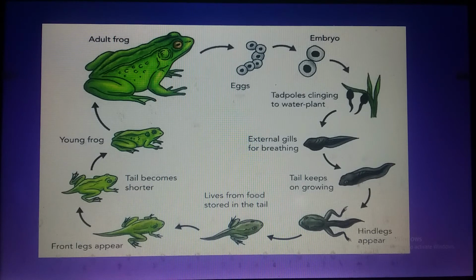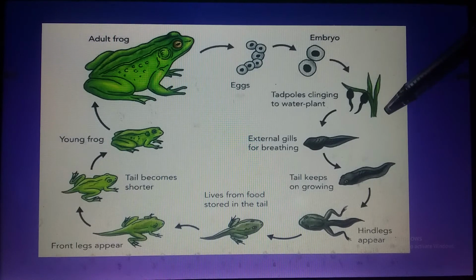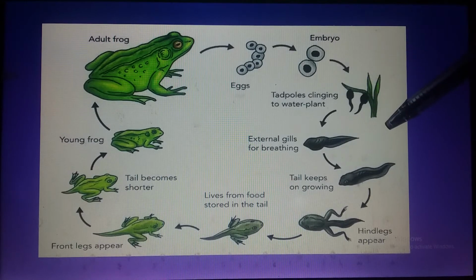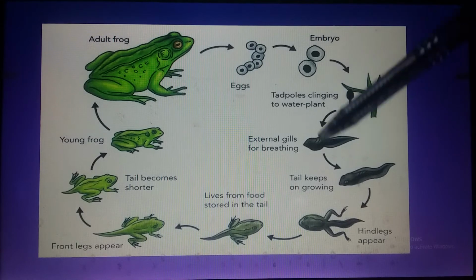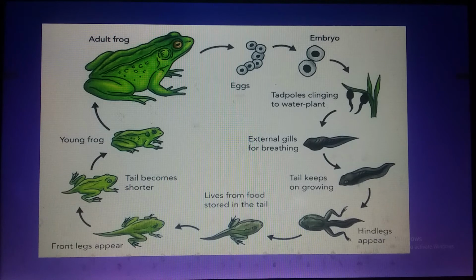Now, as I have discussed, amphibians undergo metamorphosis. Meta means change, morpha means form and structure. These organisms change their shape at each and every step of the development. As you can see, the egg fuses with the sperm and produces the zygote, and then that zygote develops into the embryo, and then that embryo develops into the tadpole. And we know that the tadpole possesses gills and eats like a fish and many more.